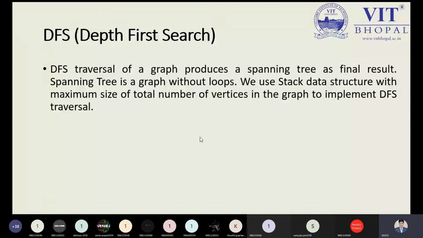A spanning tree is basically a tree in which a loop or cycle is not applicable. Of course, in a tree, how can a loop or cycle be applicable? It cannot. So DFS on a graph is a method that produces a spanning tree. When talking about the spanning tree, it means that from a graph we will see a tree, in the form of the graph's visited nodes or visited vertices.